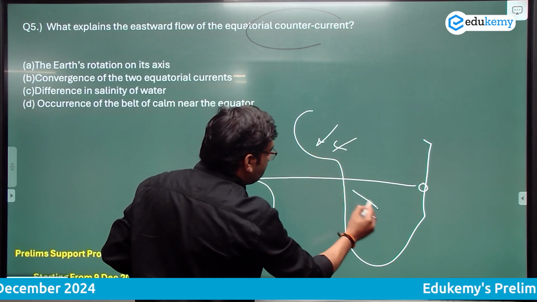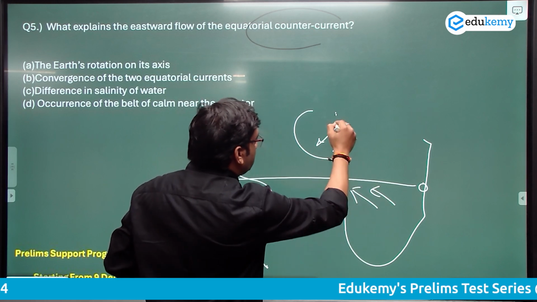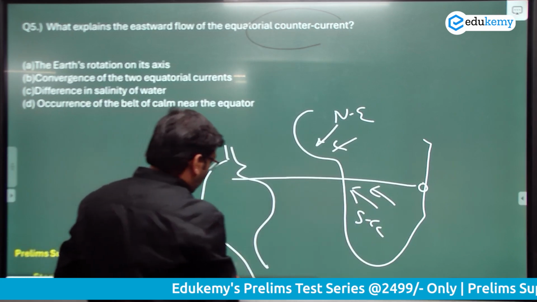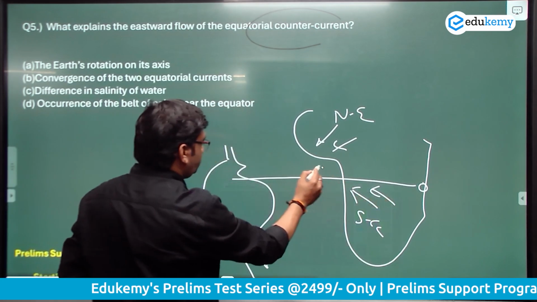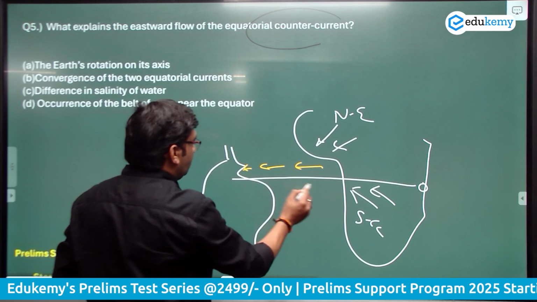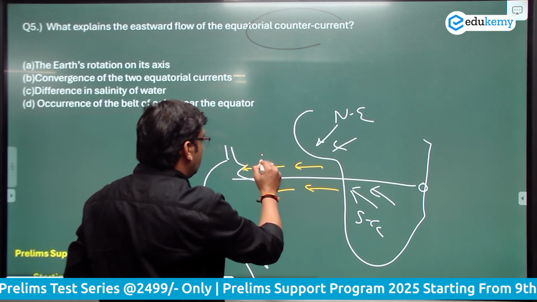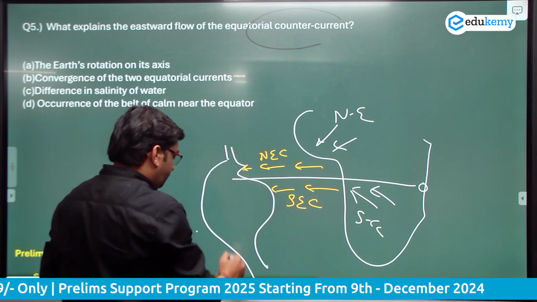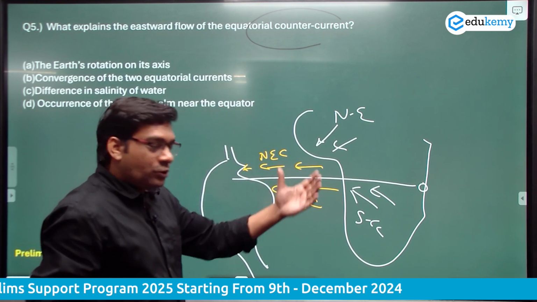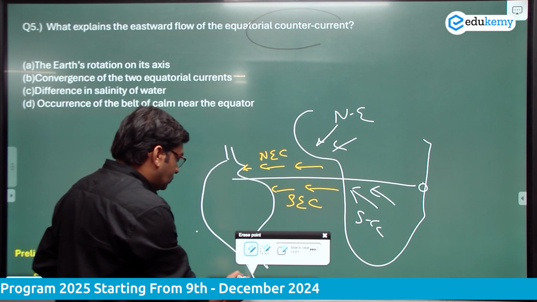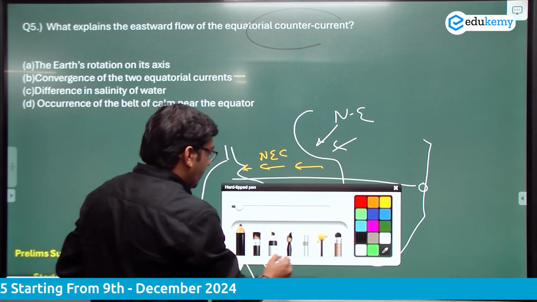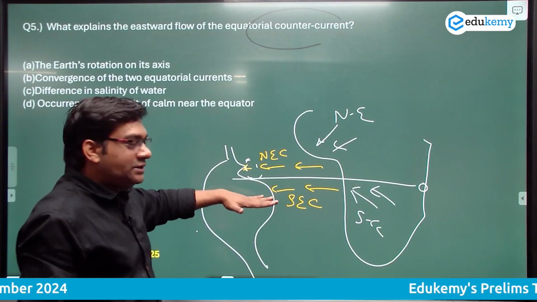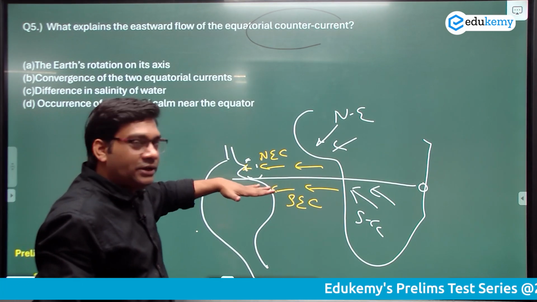Okay, trade winds, both the northeast trade wind and the southeast trade wind. Because of this reason, more warm water accumulates here. This is called the north equatorial current and this is called the south equatorial current. Here, very close to the Brazil coast in the Atlantic Ocean, you see more accumulation of warm water, and the piling up of more warm water results in a slight rise in the sea level, and